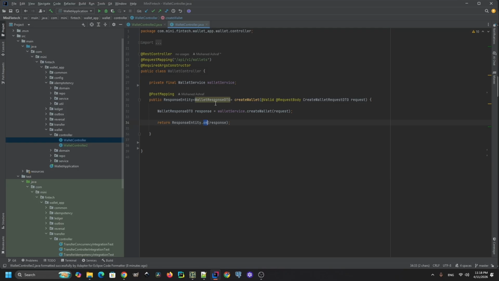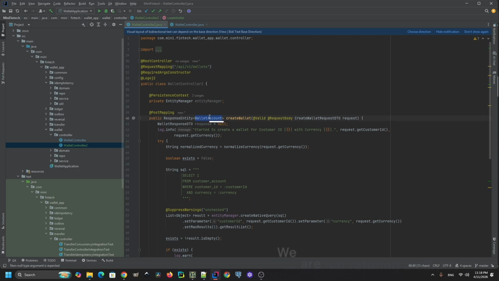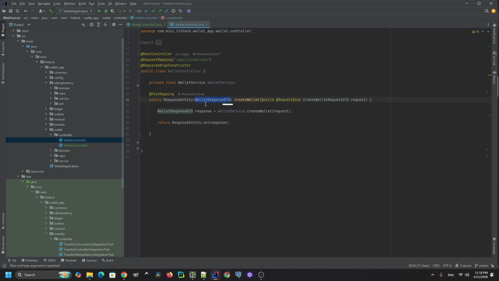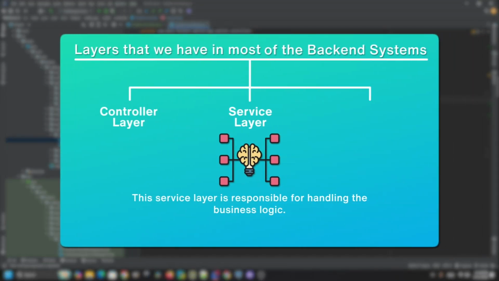And I'm not sure if you had noticed, but we're returning a DTO. We're not returning a wallet account. We're not returning an entity. We're returning a DTO. This DTO is a data transfer object that's also going to be included in the service layer